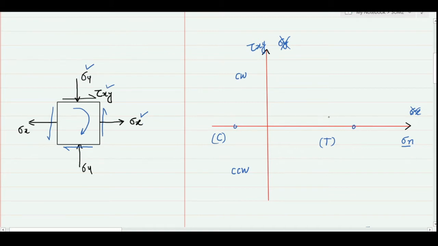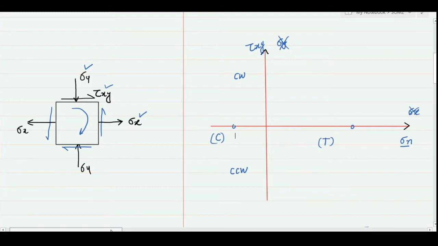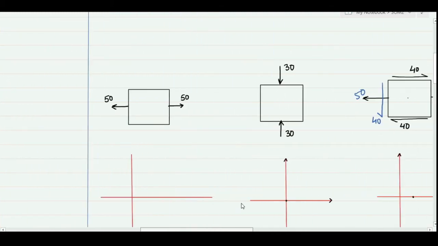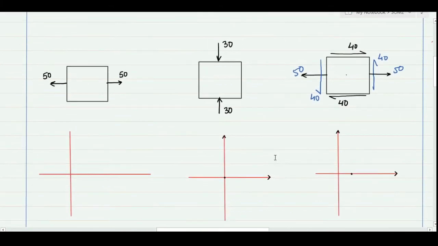So let's see, if you have the stress values, how you make the Mohr circle. Once you understand the construction of Mohr circle, later on we will see how we can find the different stresses. So first start with a very simple problem. Here I am showing the first problem which has only one type of stress, that is a normal stress acting in the x direction. For the given case, my sigma y is 0 as well as the shear stress is also 0.